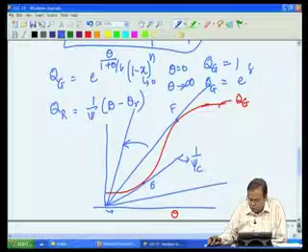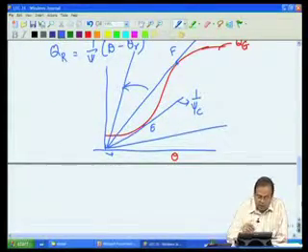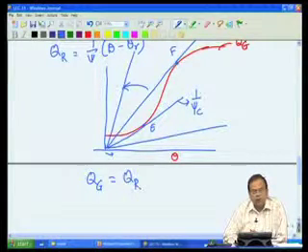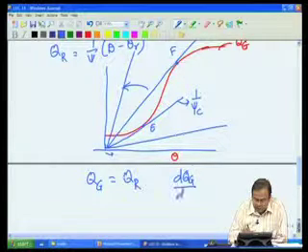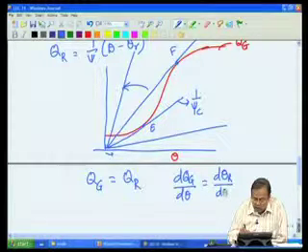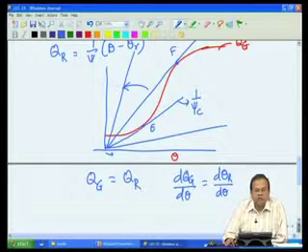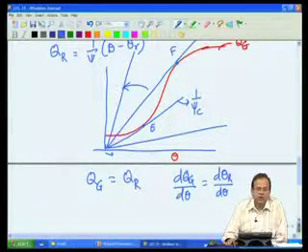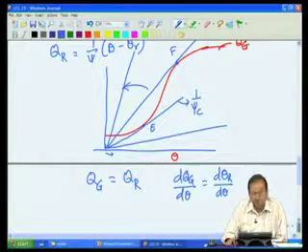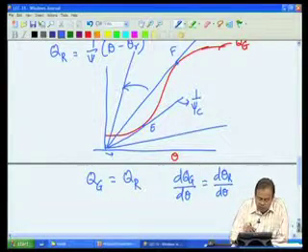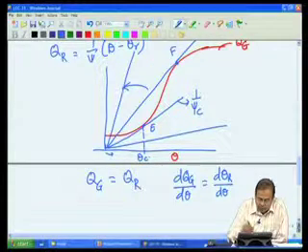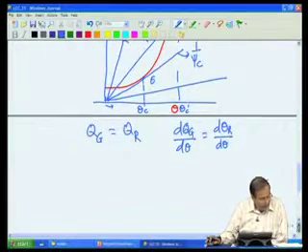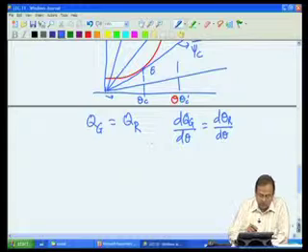So, how do we do that? We do that by noting that at point E and F, what is happening? QG is equal to QR, and the slope of these two lines is equal. That means, not only the generation rate and heat removal rate are equal, but the rate of change of heat generation with temperature is same as the rate of change of heat removal with temperature. And so, using these two equations, we can actually find out corresponding values of, let us say, critical temperature 1 and critical temperature 2. Let us call that point as theta c prime, and if we do a little bit of mathematics, this actually results into a quadratic equation,